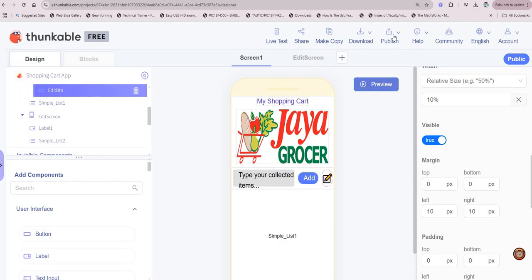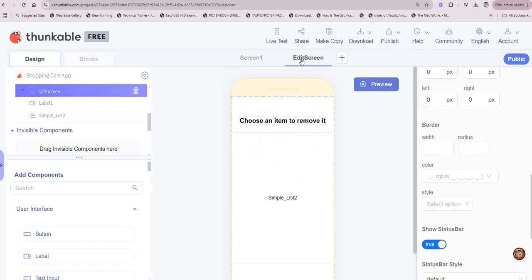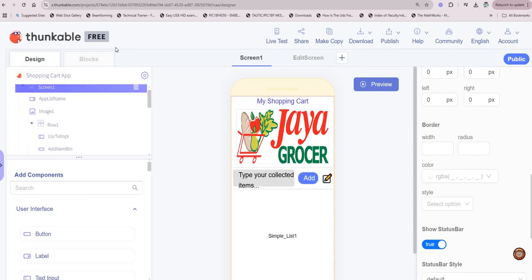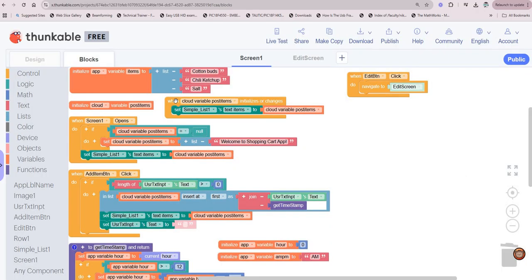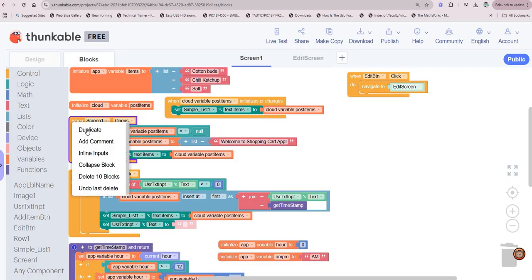Is everyone okay? So now let us go back to the edit screen. First we want, when the edit screen opens, we want to display all the items here. So there is something similar with the code in the blocks in the screen 1. Remember this one, this block? When screen 1 opens, you have all these things. Actually we want to do the same. So we can just